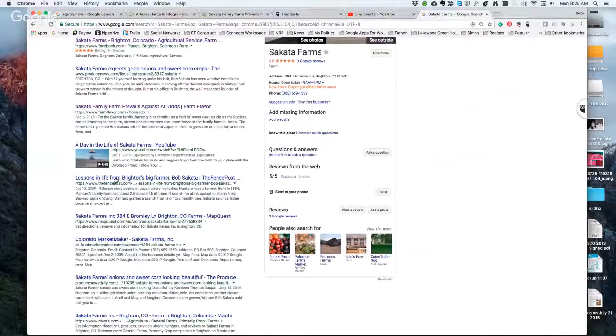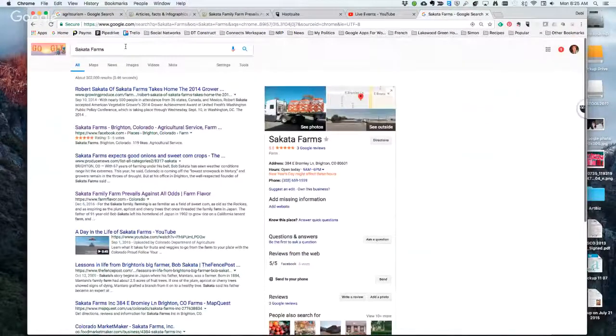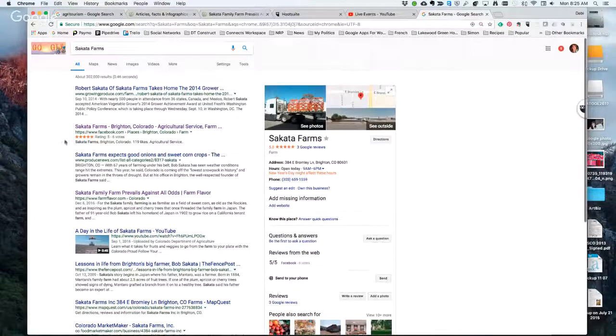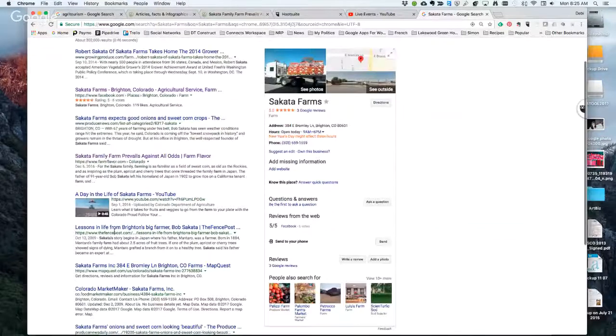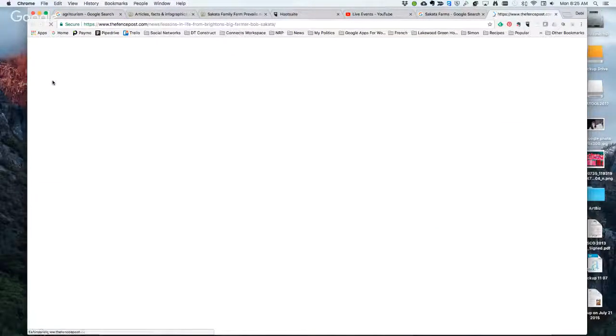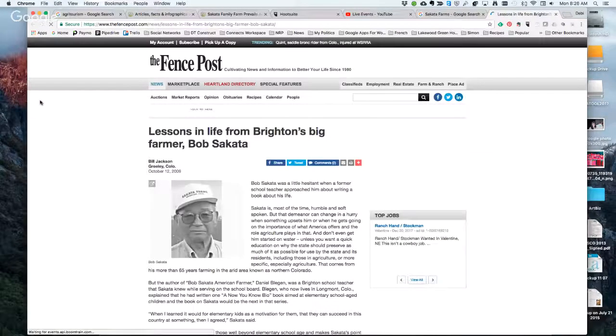But then as I'm looking at this particular search, you can see how the tentacles of a search can reach far and wide. And you have to have some way of capturing the information and then moving on, because you can be here forever. So let me look at the fence post, seems really interesting. I'm command clicking on that, coming over here to see what that is bringing us to.